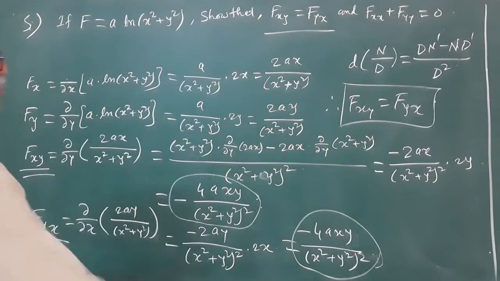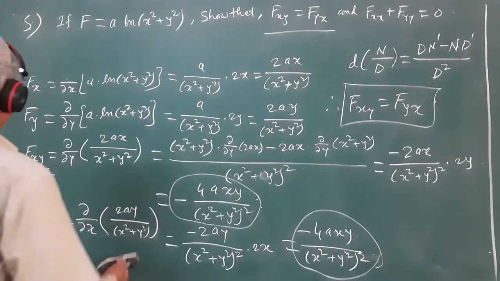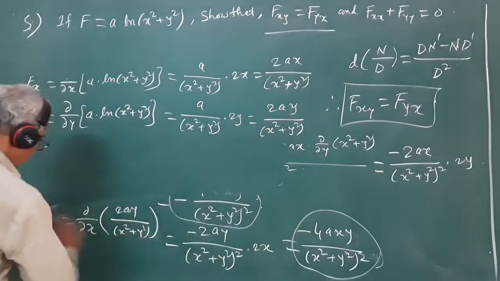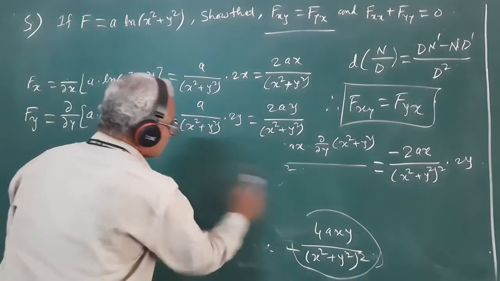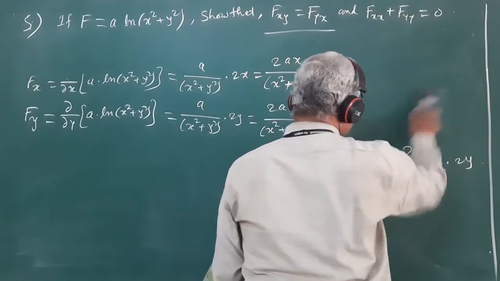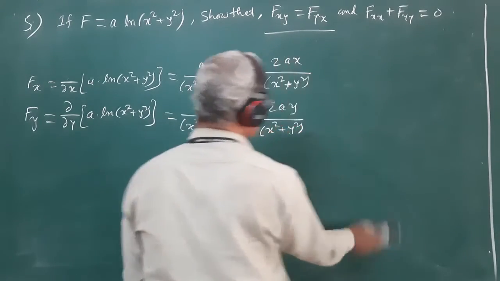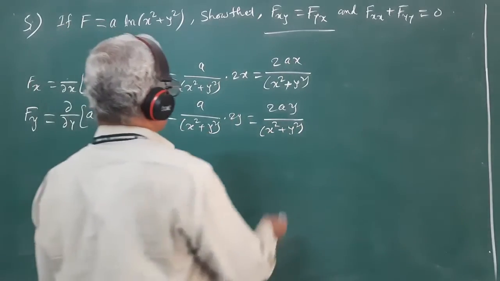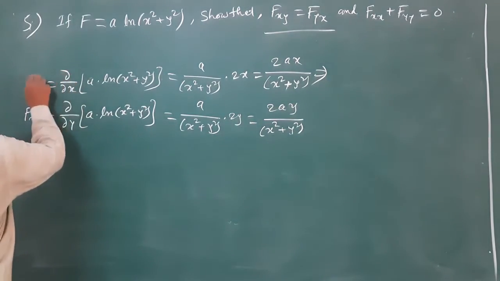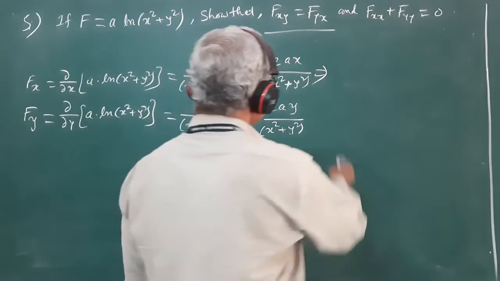Now we want to prove that fxx plus fyy is equal to 0, the second identity. For that purpose, we have these expressions for fx and fy. Starting from these expressions, we can prove that the sum of fxx and fyy is equal to 0. So if fx is equal to this expression, 2ax divided by x² + y², this will imply